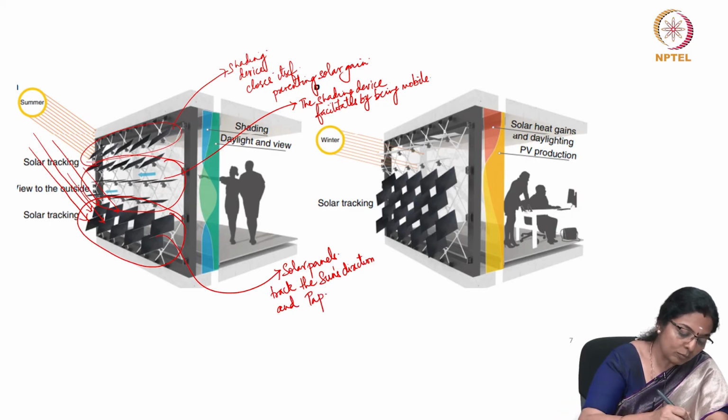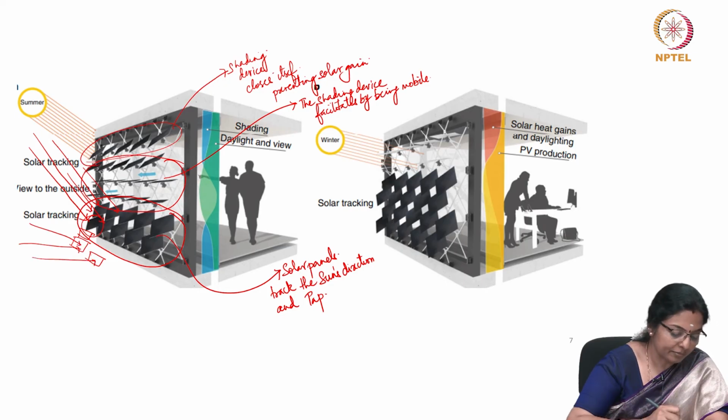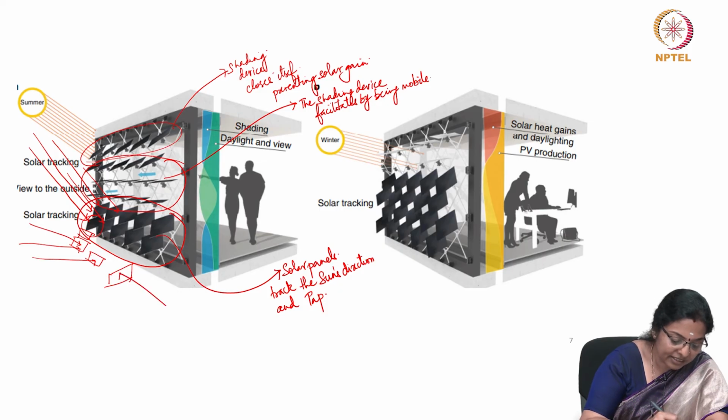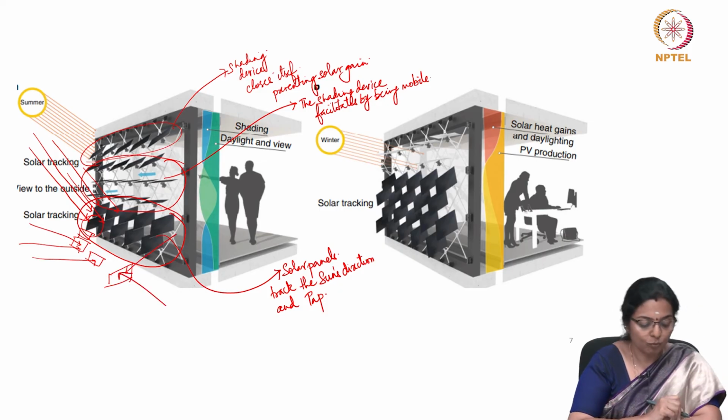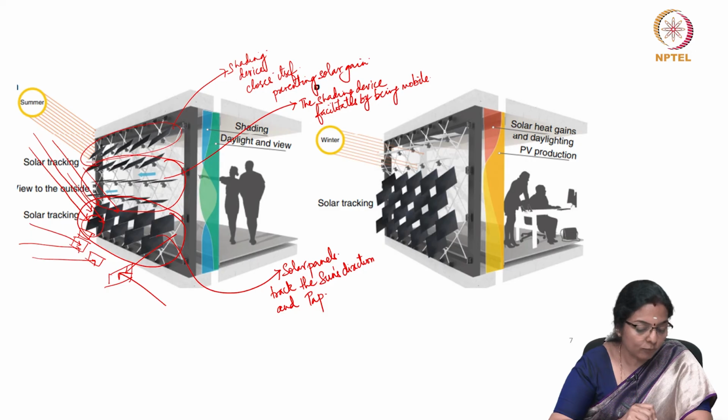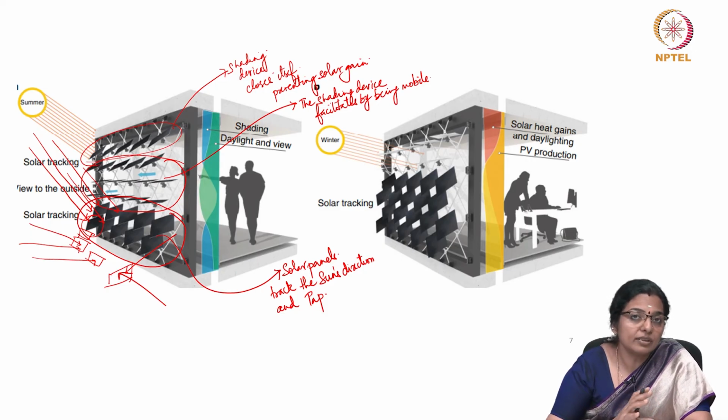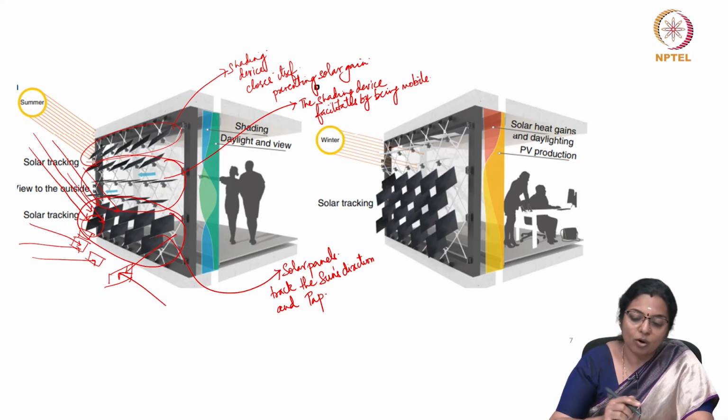As the sun moves, this could also rotate and move this way. If this is the solar direction, then it can move this way, and therefore this kind of a dynamic envelope for a building like this will optimize